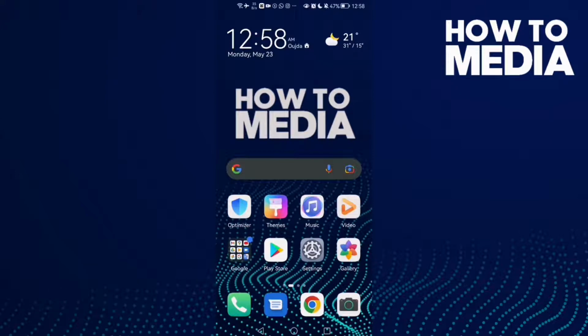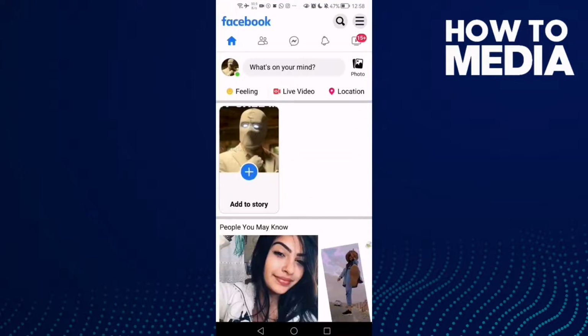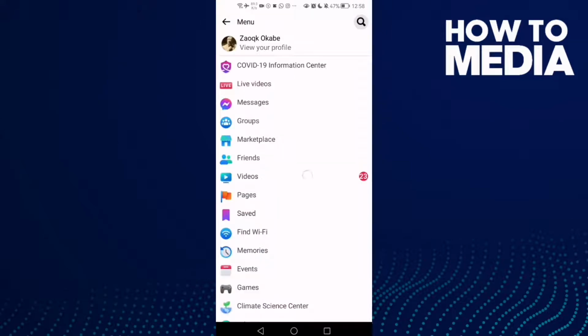How to turn off other notifications settings on Facebook Lite. Hello guys, in today's video I'm gonna show you how to find other notifications settings on Facebook Lite. First thing, go to Facebook Lite and here just click these three lines in the top corner and go down,